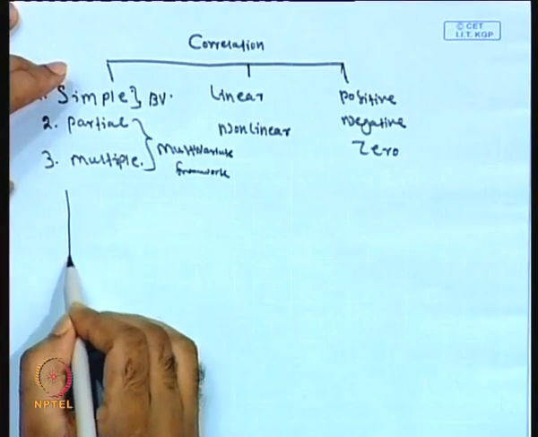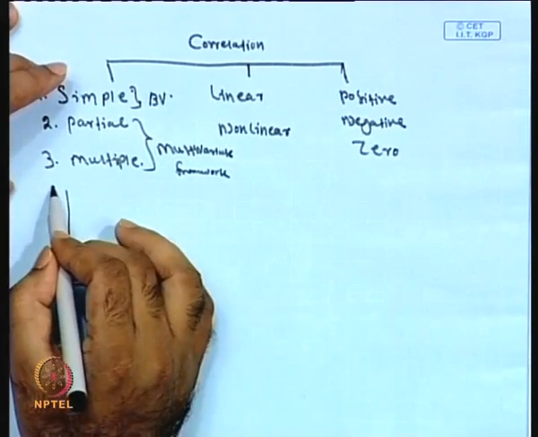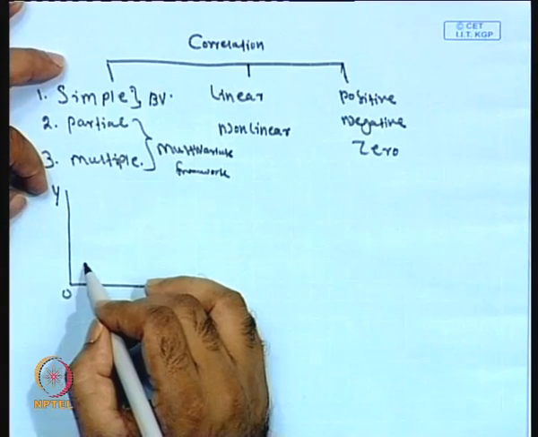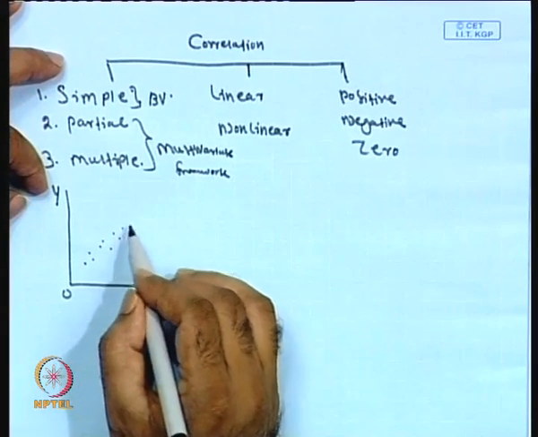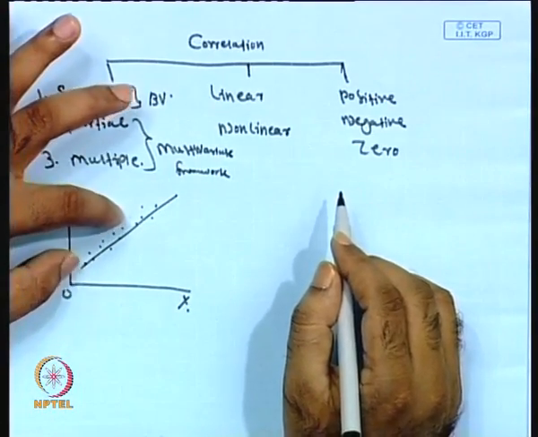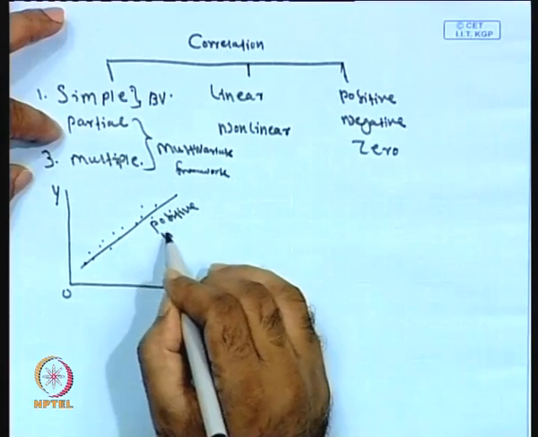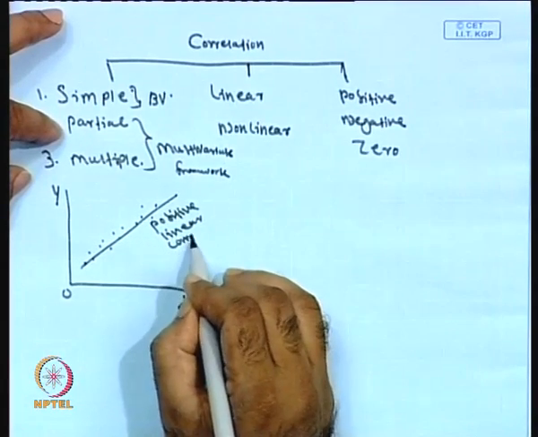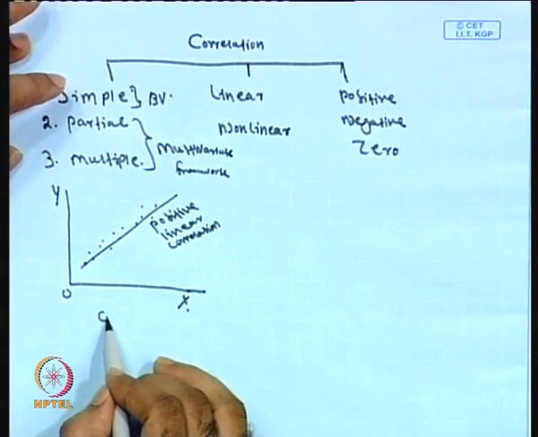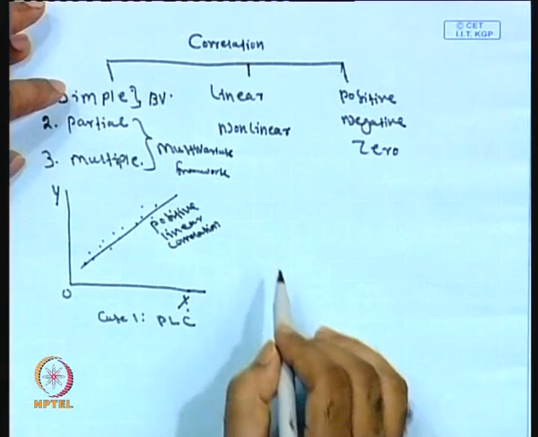So, I will give you indication. This is one way we can represent the correlation coefficient. Here x information and y information. So, now one shape of correlation structure is like this. Okay. So, now I will just draw this. So, this particular setup is called a positive linear correlation. Okay. Positive linear correlation. This is case 1, positive linear correlations. Okay. Case 2,